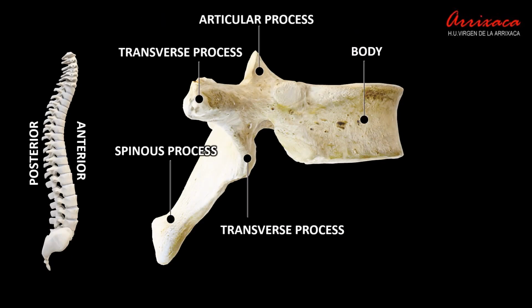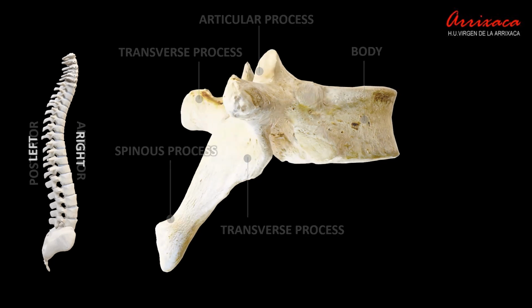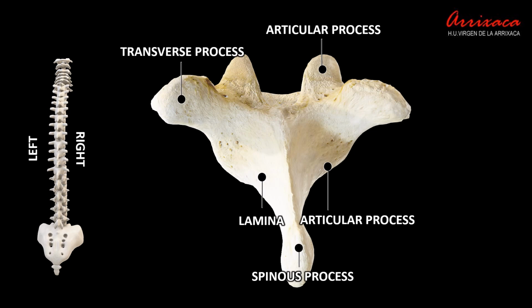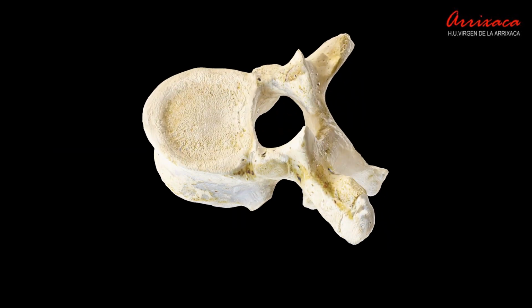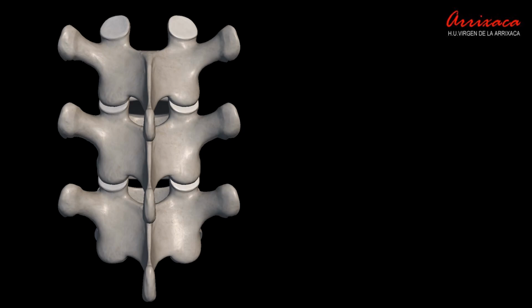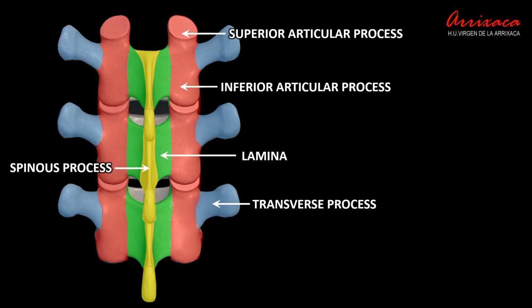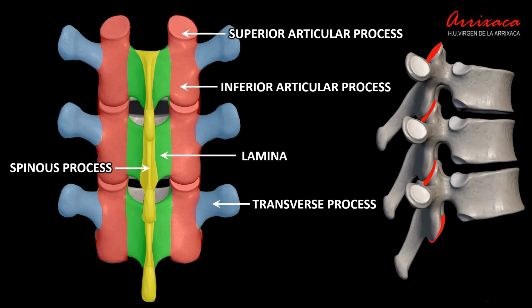The thoracic vertebrae are formed by a prominent triangular spinous process with a characteristic oblique direction towards the caudal direction. Two pedicles, two laminae that overlap with the superior and inferior ones like the tiles of a roof, two transverse processes, and four articular processes, two superior and two inferior. The articular pillar projects upward and downward from the laminae of each vertebra to the adjacent vertebra, with the inferior articular process being larger in size. The facet joint has an oblique orientation in the axial plane, making it difficult to identify ultrasonographically from a posterior